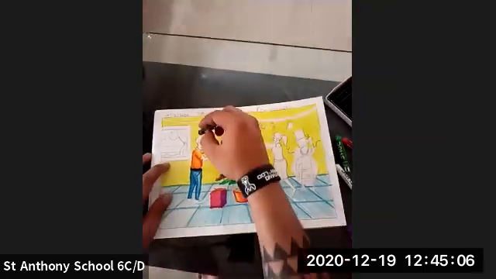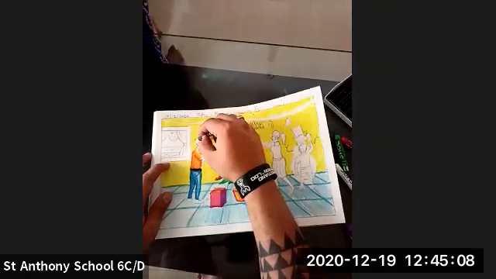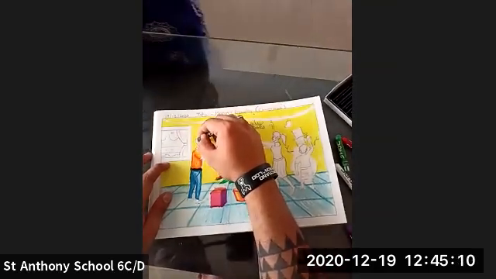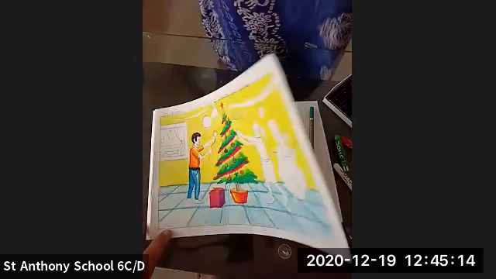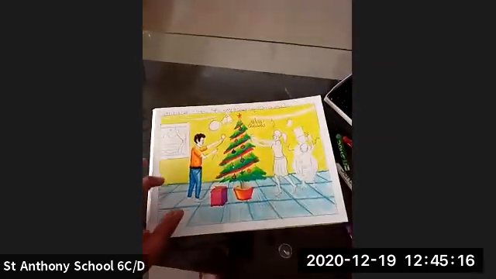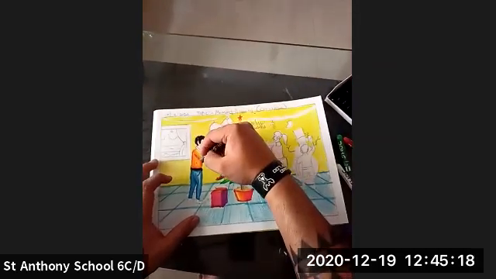You can color the hair with black color. So this is the way you're going to color it.